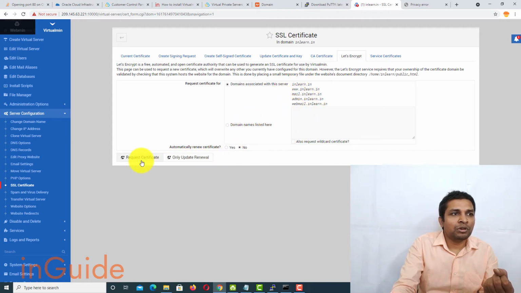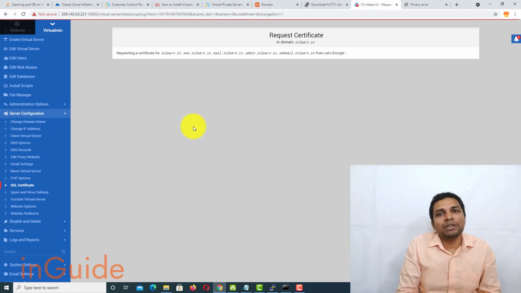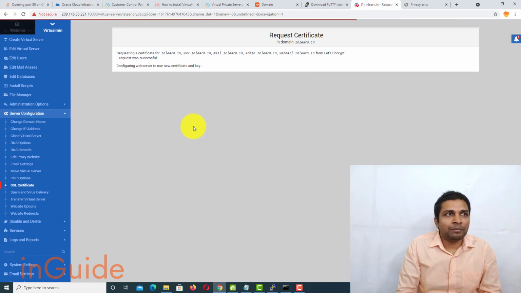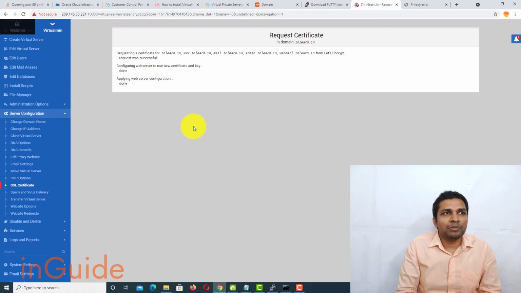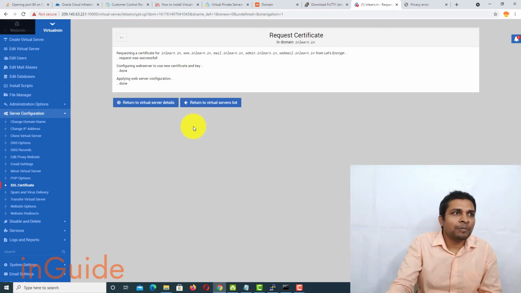So once you click on request certificate, it will request the certificate from Let's Encrypt, and within few minutes certificate will be imported and it will be applied to your domain name. So now you can see the web server is being configured for new certificate, and it says it's done.